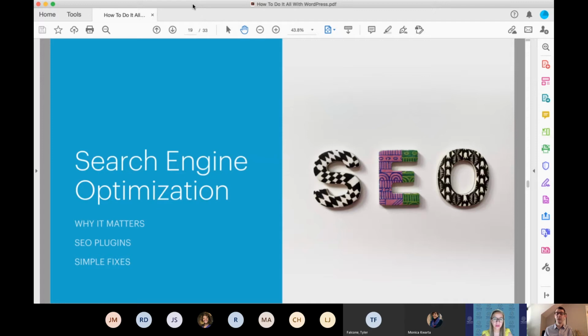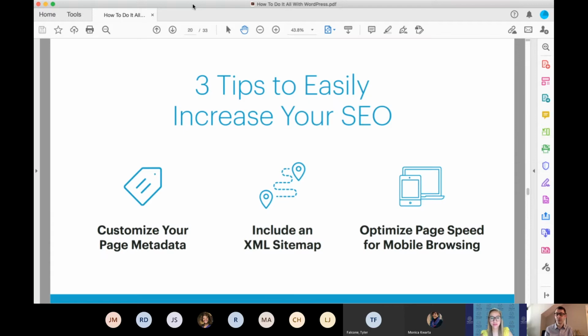So we're going to talk a little bit about some things you can do that will help your SEO on your site. And if you're not using any of these methods already, I think you should be seeing a pretty significant bump. So three quick tips I would recommend would be to make sure that all of your page meta information is customized based on the content of your pages. And I'll go into each one of these, of course, a little bit, including an XML sitemap, which is basically just a description of all the pages that exist and posts and images and whatnot